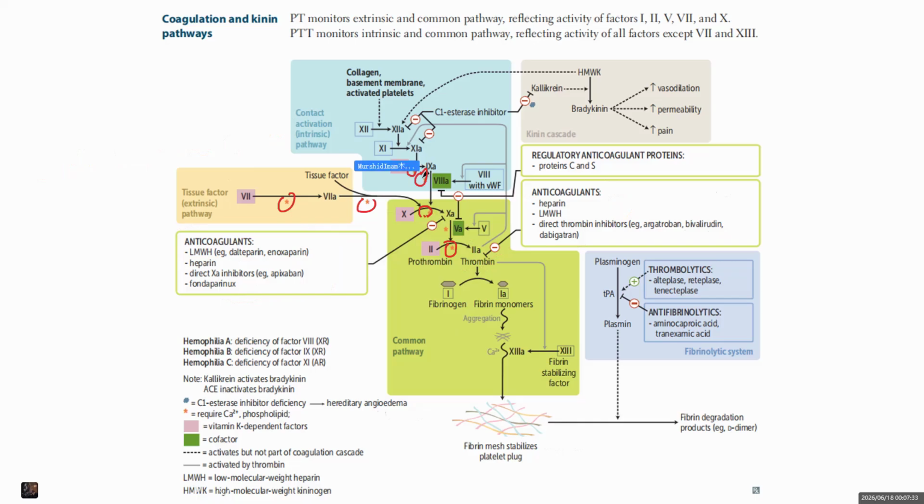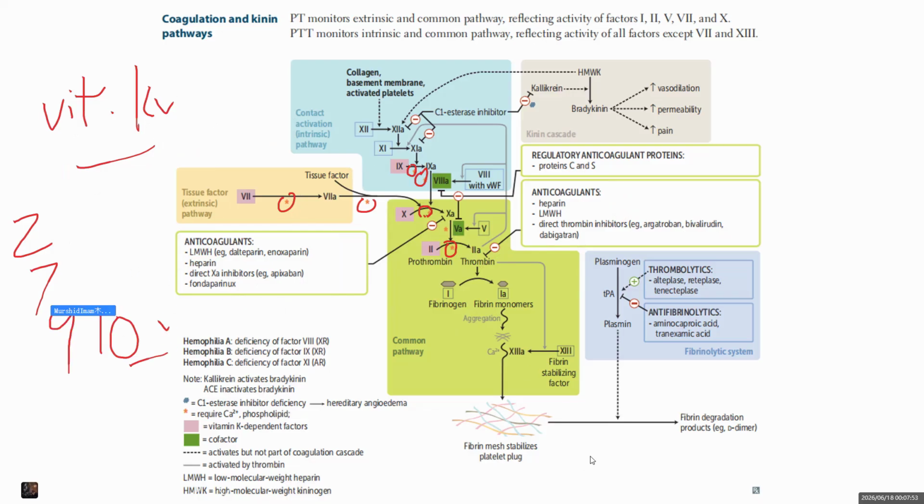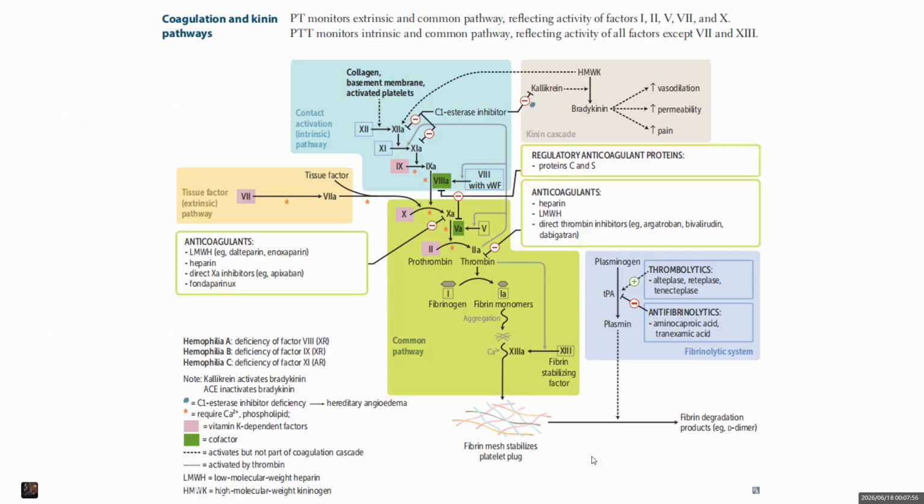All of these are dependent on vitamin K. It means that factor 2, factor 7, factor 9, and factor 10 are all vitamin K dependent. This is clinically very important, because warfarin inhibits vitamin K recycling, so it affects these factors too. The warfarin and the heparins, we will get into the details. Okay, warfarin. Do remember this name, and I'm going to connect all of this to our upcoming following